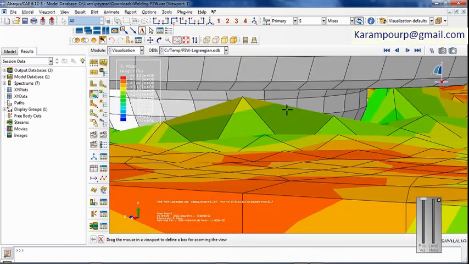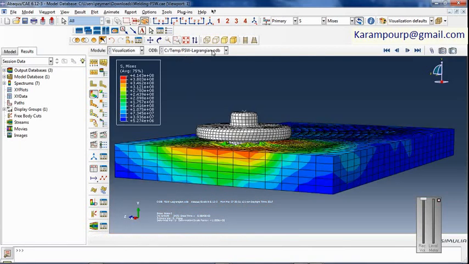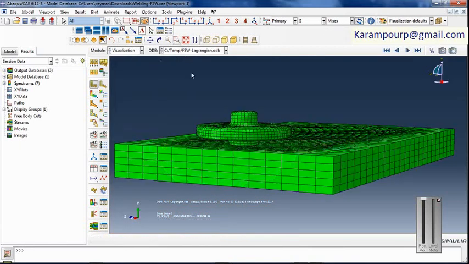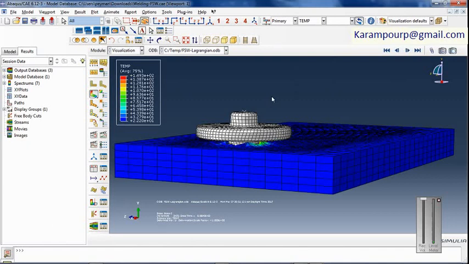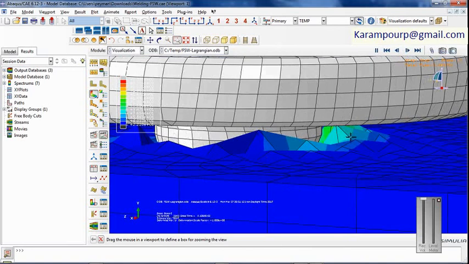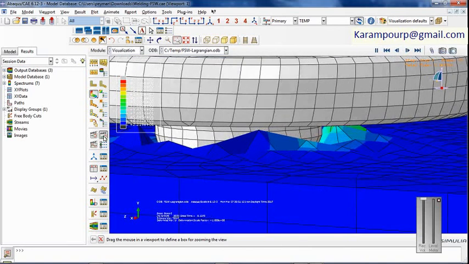You need to increase remeshing. So select the temperature distribution. You see the temperature from 25 increased to 1.9049e2. So you need to increase the temperature with time, and